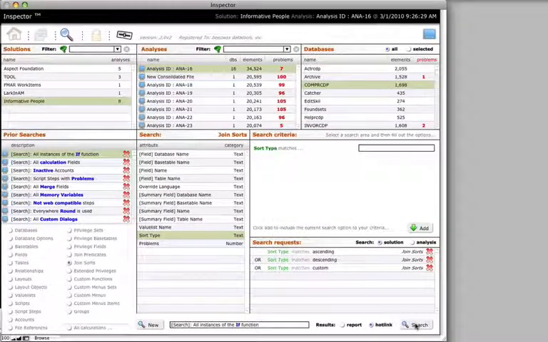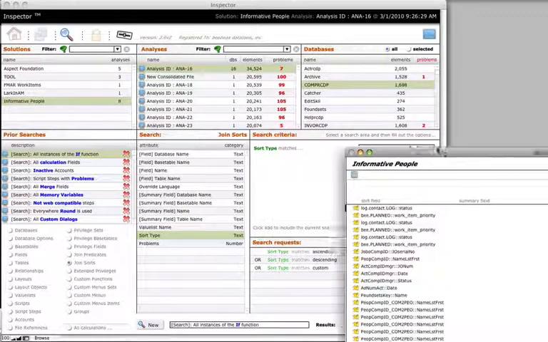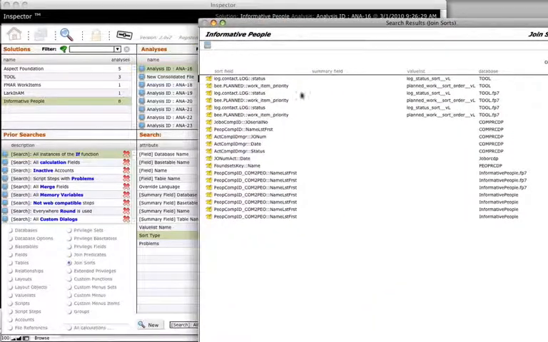So now I'm going to just tell it to do this search. And here's the results. Now, there's a little bug in Inspector in that it also searched some of the other databases from completely other projects here, Tool being one, and the Informative People, the final Informative People files. We can ignore those. The ones that we're really interested in here are the ones that come from the databases